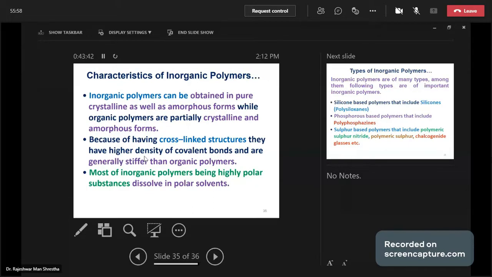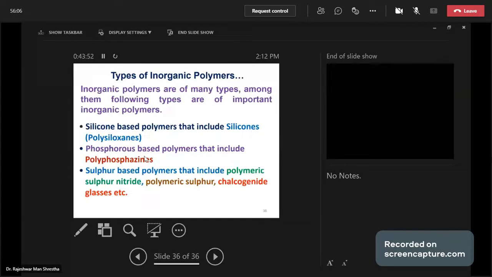And most inorganic polymers, being highly polar, dissolve in polar solvents. And next is the types of